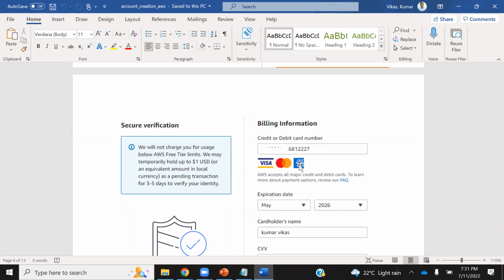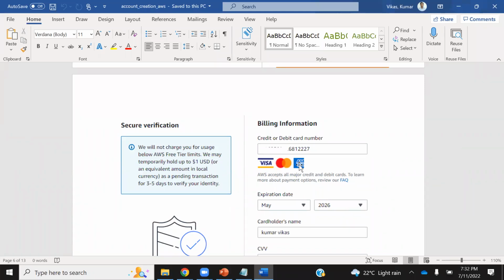Why do they require this? Because at the end of the day, Amazon is there to do business. They want that if somebody is using a free account today, tomorrow they come and do business with us, or they use my AWS account, and then I'll make money. So they are trying to give you offers and bring you to the cloud, but only genuine users.